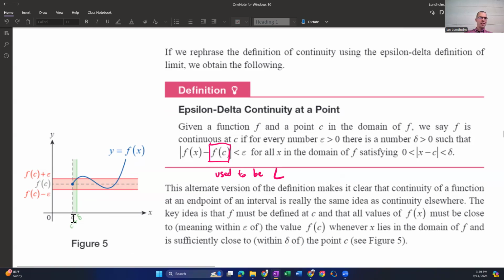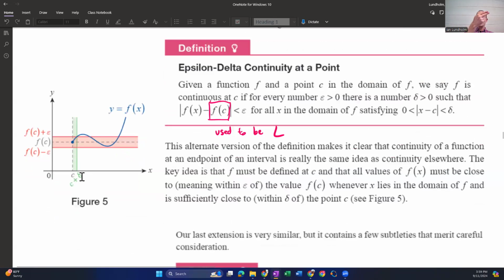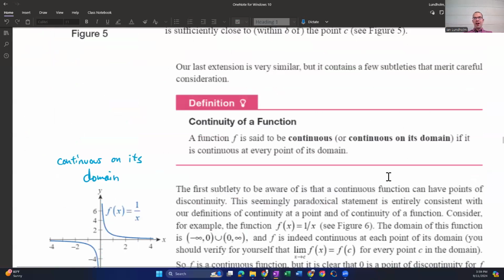The only reason that we don't have a c minus delta over on this side is because they decided to just make the domain of this function start at c. This is a special case of right-hand continuity without a notion of left-hand continuity. Not a big deal. Okay, so that's there. The only thing that changes is putting in f of c. Continuing on,